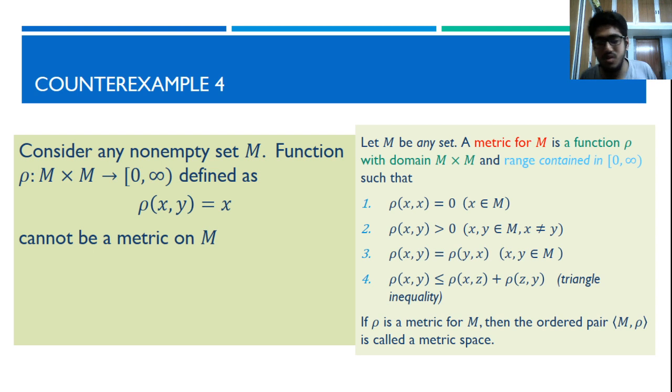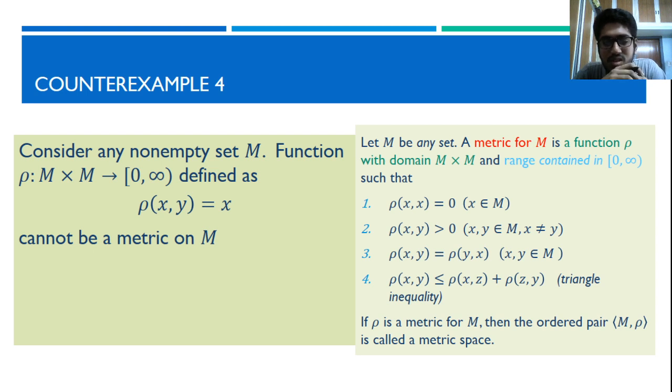Yes, so that's a counterexample, a way of saying this cannot be a metric. Those who pointed out 3, why? Can you point out why 3 is not satisfied? Again, 2 is also not satisfied. Condition 2 is also not satisfied because, as Mahesh pointed out, rho of (0, any number) will be equal to 0. Hence, trivially, condition 2 is also not satisfied.